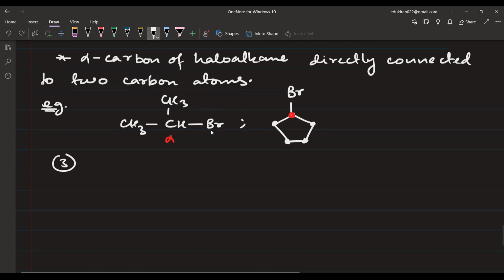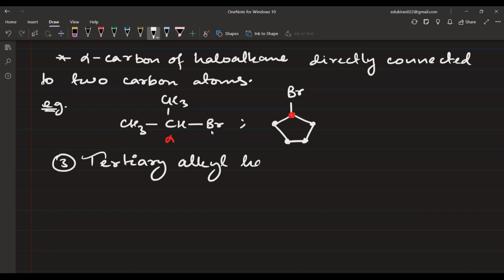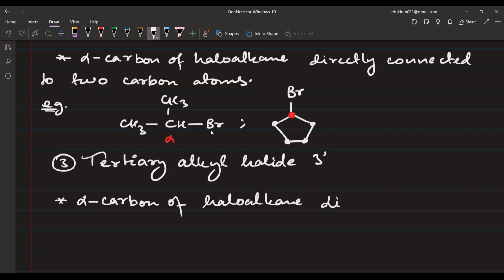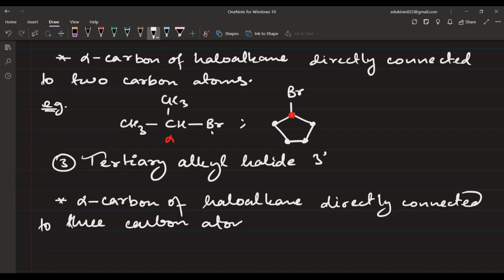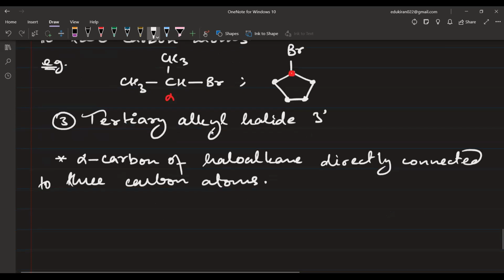Third one is tertiary alkyl halide, it is 3 degree. Here the alpha carbon of haloalkane is directly connected to 3 carbon atoms. Okay, so for example, you can write